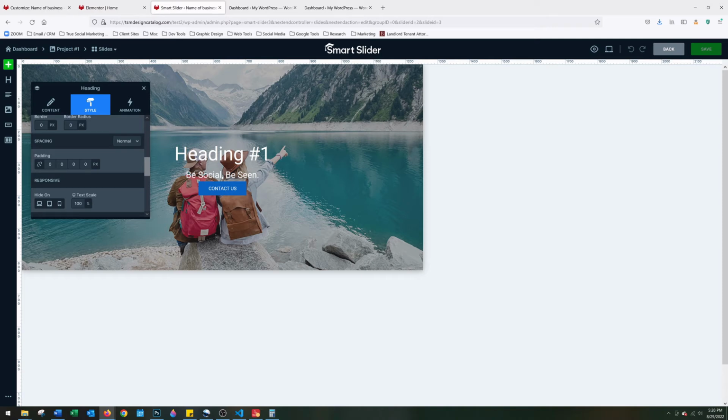This actually goes in order as top, right, bottom, left, so it circles. So in this case what I want to do is make the padding below less, and if I can't do that, I will make the padding below the subtitle more. So I'll show you what I mean by that. I'll click on the third one here, see if it'll let me go negative. It doesn't appear to let me go negative,